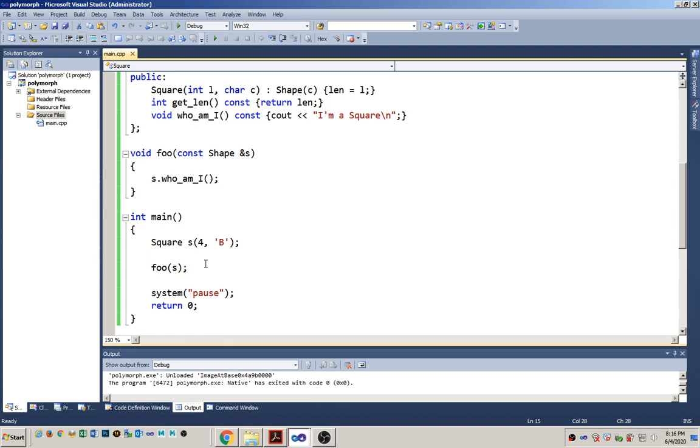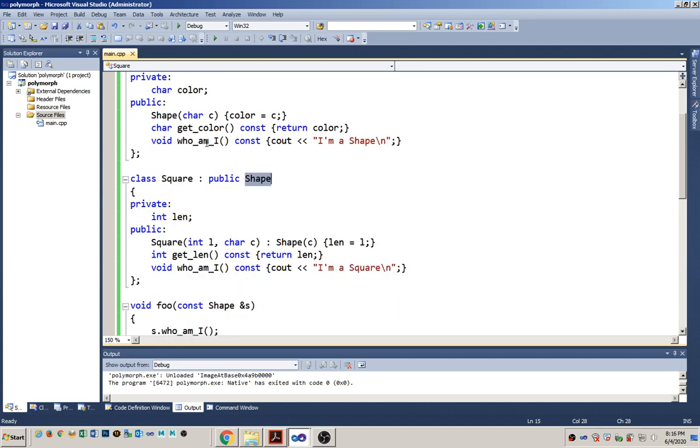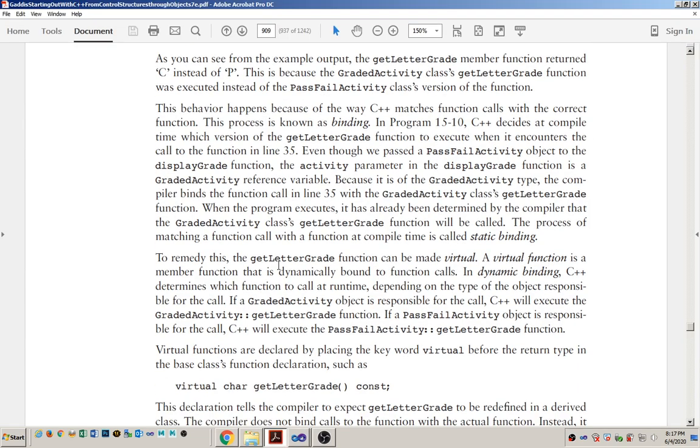But now we're seeing the problem is that if we redefine a function, who am I, that it incorrectly prints out I'm a shape. Okay, so how do we fix that? And the book explains a little bit. I guess I could explain a little bit of what's happening here. The problem is, we'll see in a moment, that we need to use the keyword virtual to make this behave properly. Now when we don't use the keyword virtual, what happens is the compiler does something called static